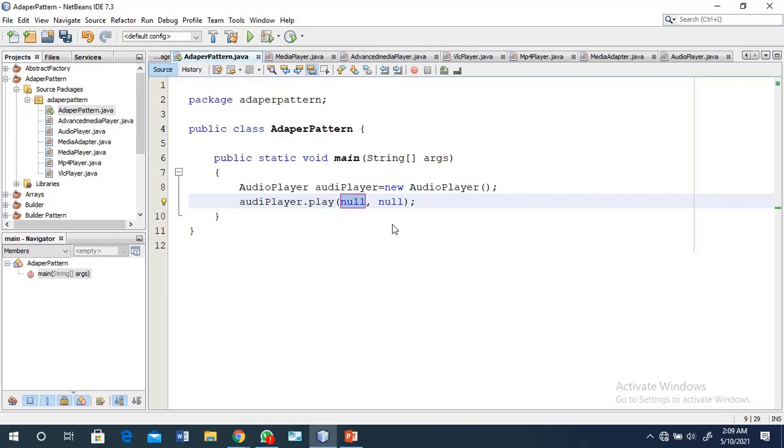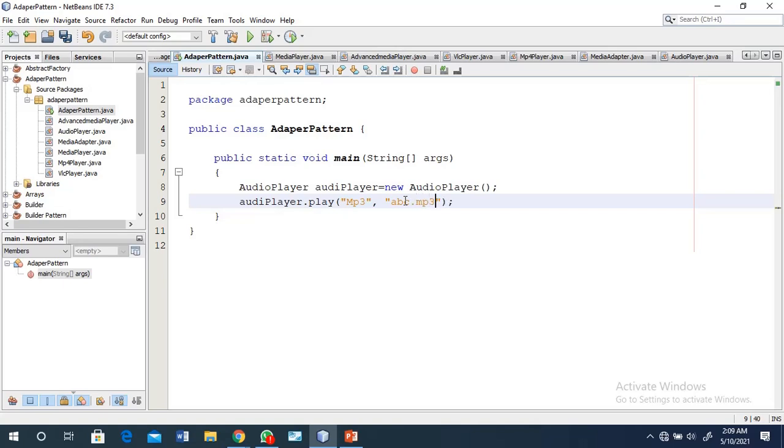You just pass here, suppose you pass MP3, then the file name, for example abc.mp3.